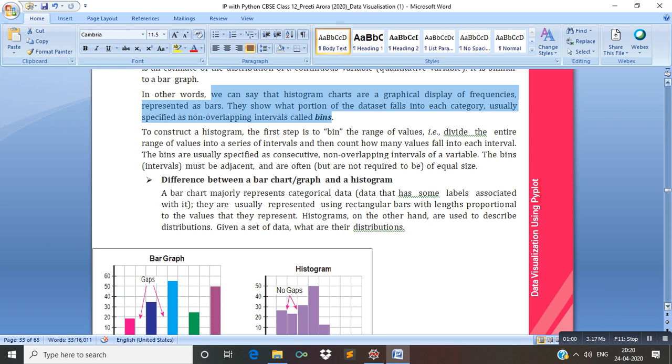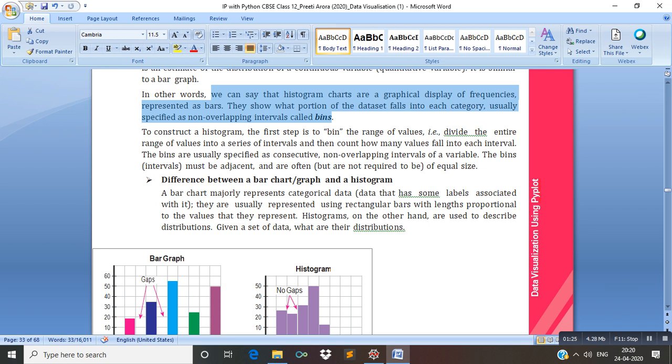Frequency means how many times a particular value is available. So by vertical rectangles, or vertical bars, frequencies can be represented.